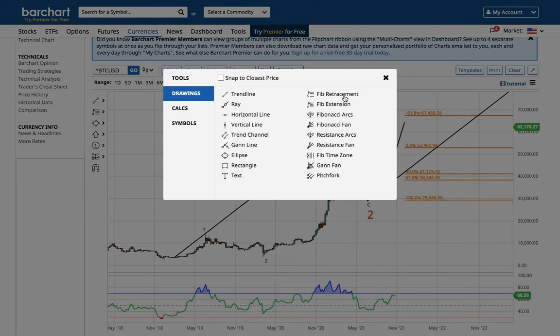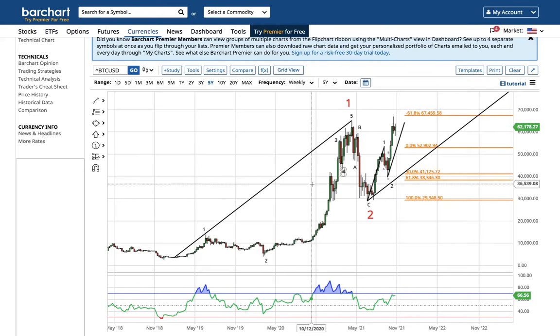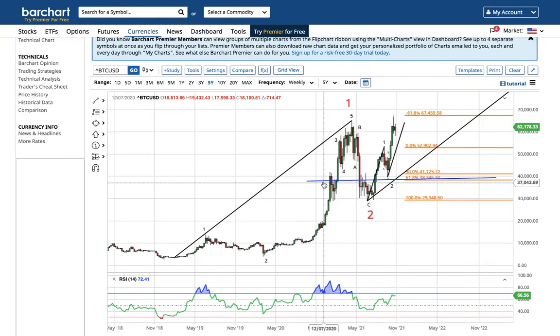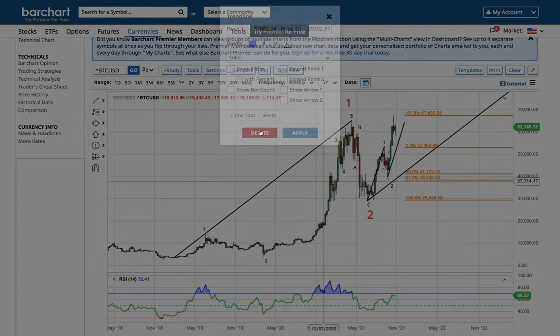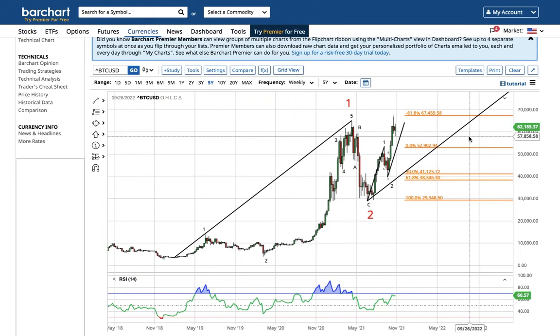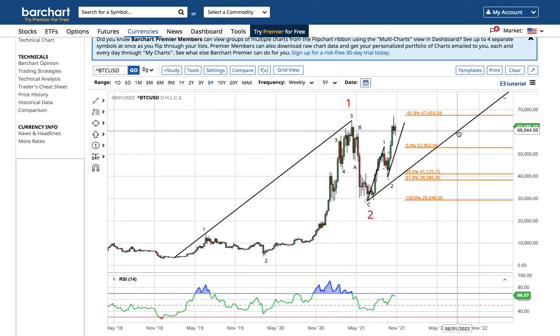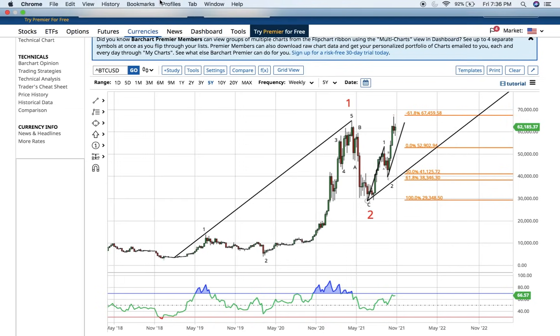Are large institutions buying the crap out of Bitcoin, or are they distributing it and we're going to go below 20,000? I think we've really kind of proven the debate. That was institutional accumulation all summer. And so the big boys have plans for this that involve 6 figures. The length of wave 1, placed at the wave 2 low, is going to take Bitcoin to 90,000 conservatively before a shallow wave 4 and a wave 5 higher.